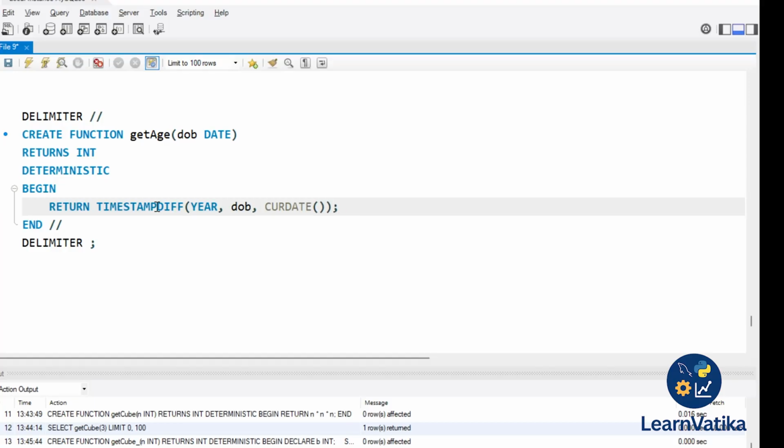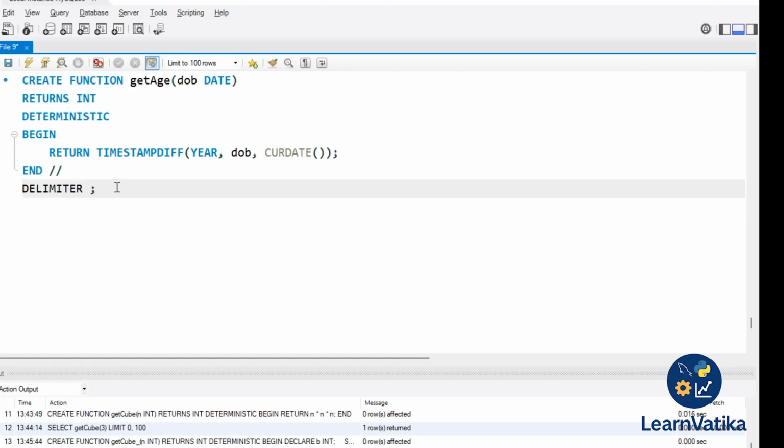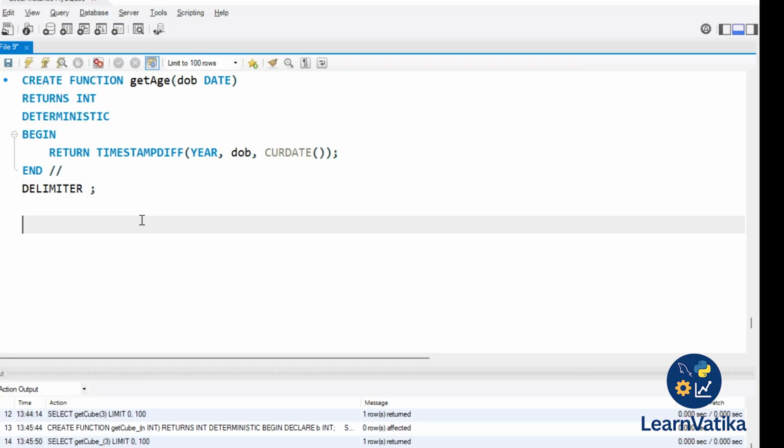So delimiter. In this way we can write the function to get the age. Now I will write select get age. Inside this I will provide the date of birth. Now I will run this. Select get age and the